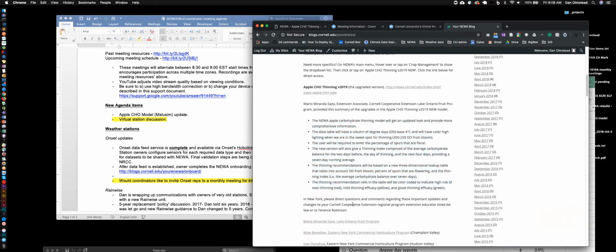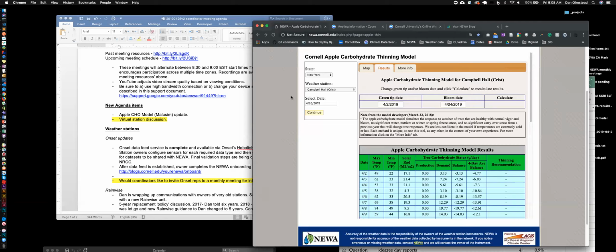Yeah, I see John Clements had a couple of questions in the chat. He asked if all the user entered data is going to be saved for later sessions. And yes, it will be. The green tip date, the bloom date, and the percent flowering spurs will all be saved for future sessions.